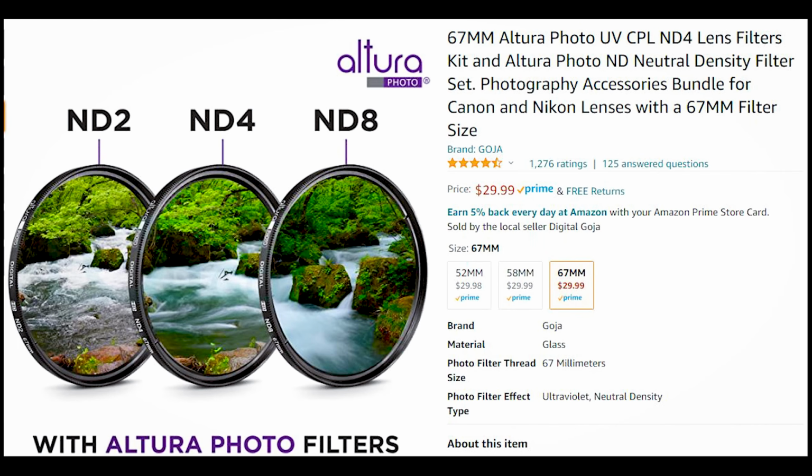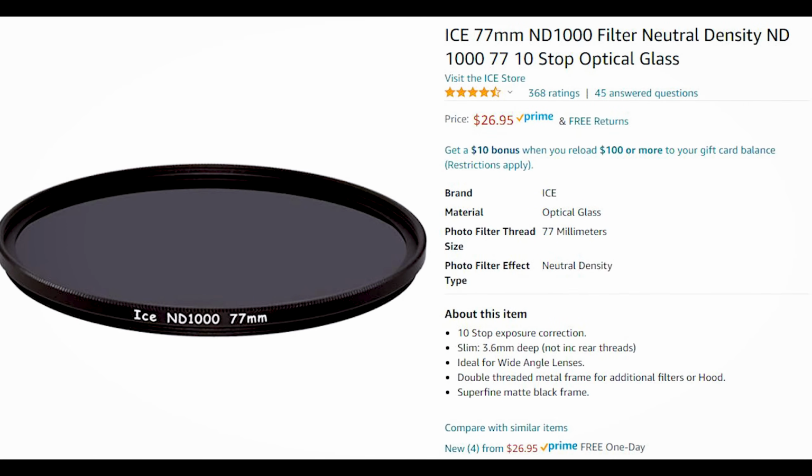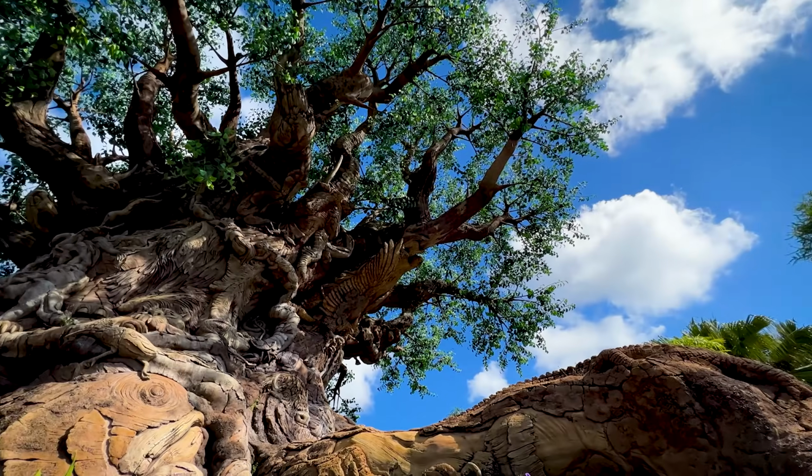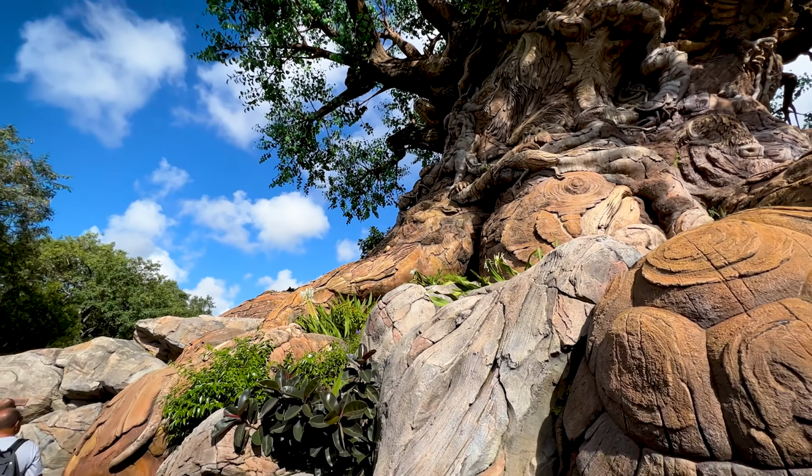Now you're wondering what these numbers mean. They refer to the amount by which the light is diminished. An ND2 filter halves the light, while the ND8 filter reduces it to 1/8. Of course I basically use the higher number ones like the 4 and 8. I won't really touch the 2, and I'll use the 1000 a lot when it's really bright outside, because that is something that we want to be able to darken the scene, to be able to do those long exposures